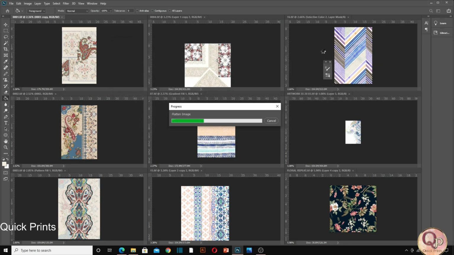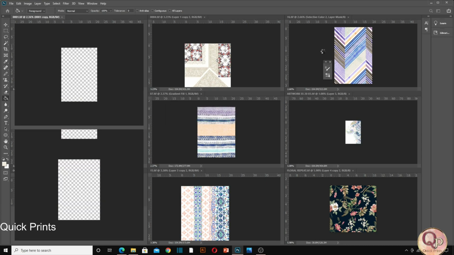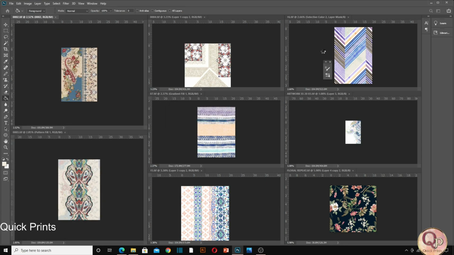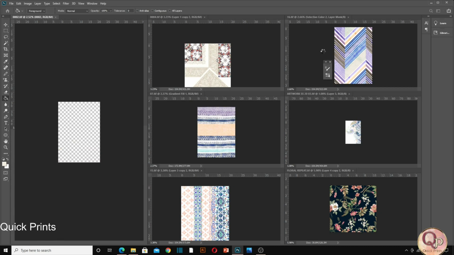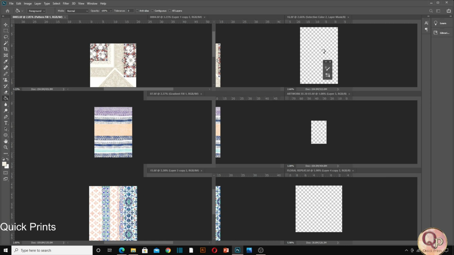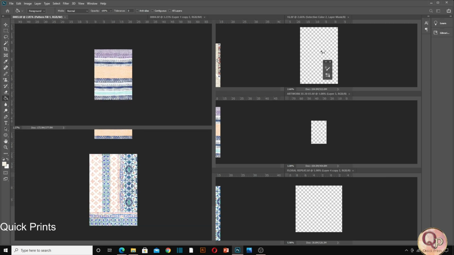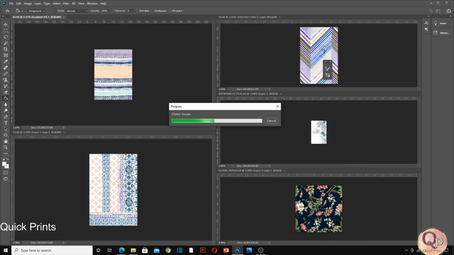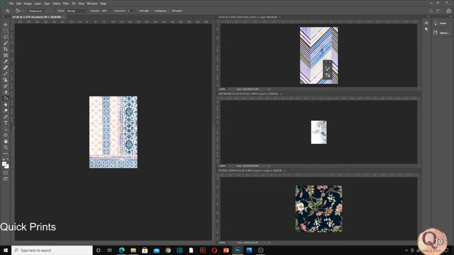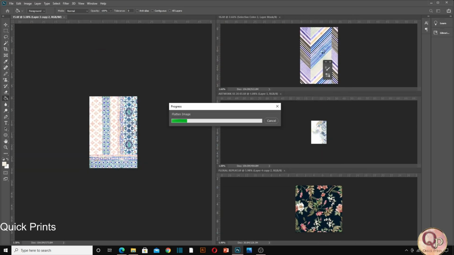All the files are getting reduced in resolution and size, and saving as JPEG. The first resolution was 2.35. It will automatically save in that same particular 150 resolution. Height we kept 8 inches, width we kept 8 inches, and height will automatically reduce proportionally. You can see that while we are talking, the action is working.